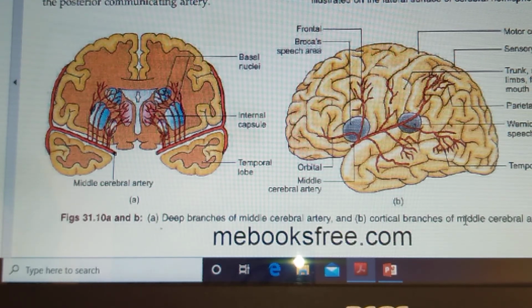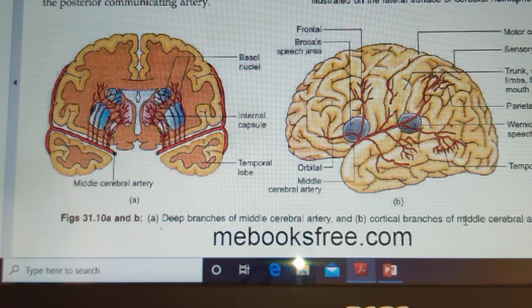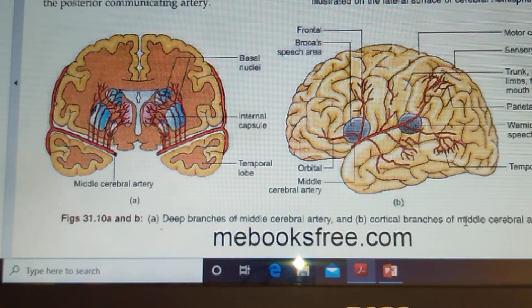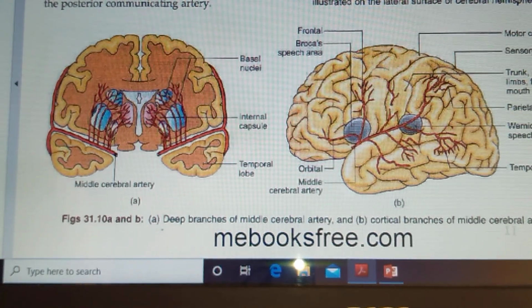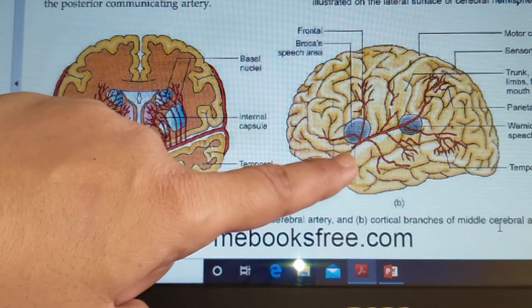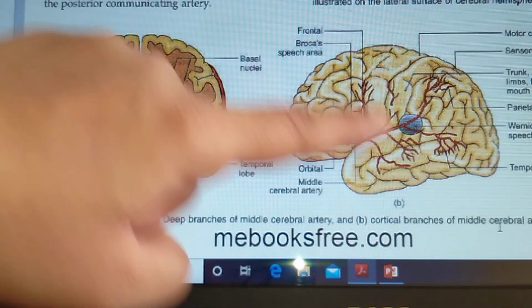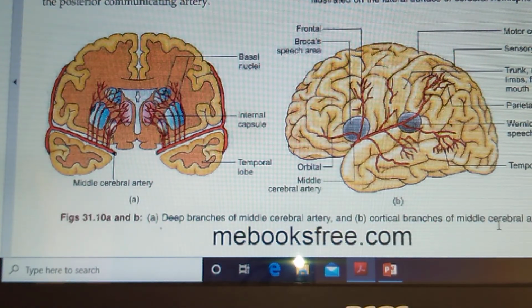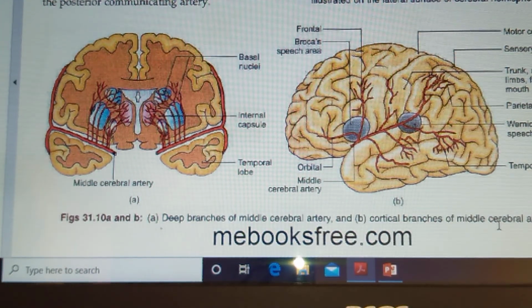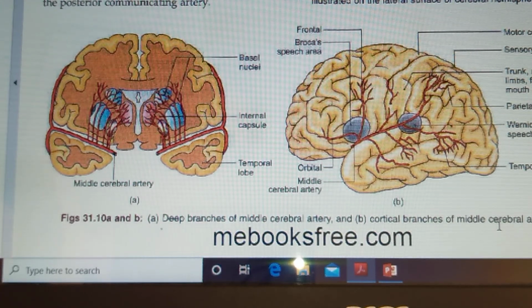The artery then passes out to the lateral surface of the hemisphere at the insula of the lateral sulcus, and it ends by giving the cortical branches, that is temporal, frontal and parietal. Okay. Now again in this diagram, if you observe, you can see it is giving frontal branches, right, it is giving temporal branches, here you can see, and the parietal branches, right. So these are the cortical branches of the middle cerebral artery. Okay, so that is all about the internal carotid artery and its branches.